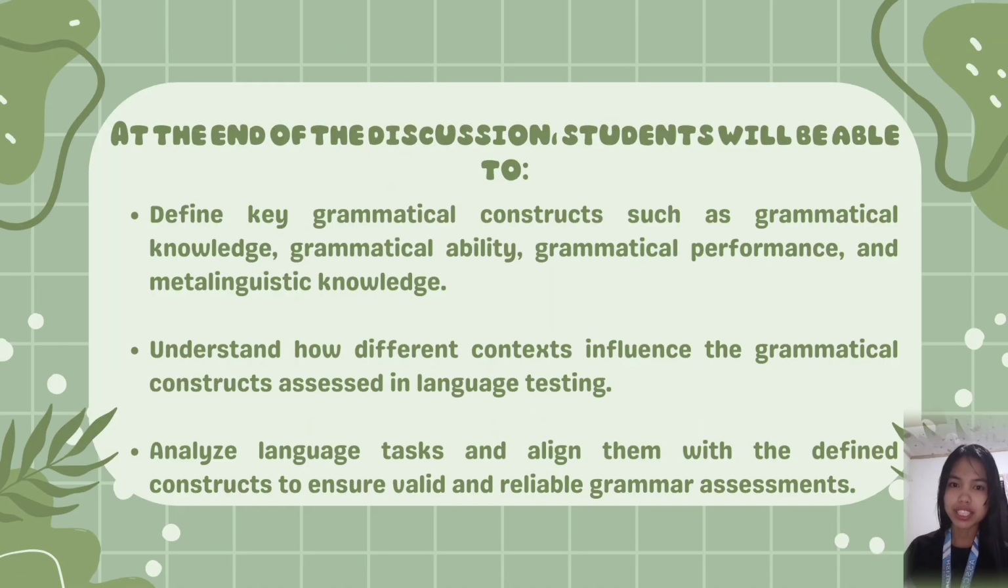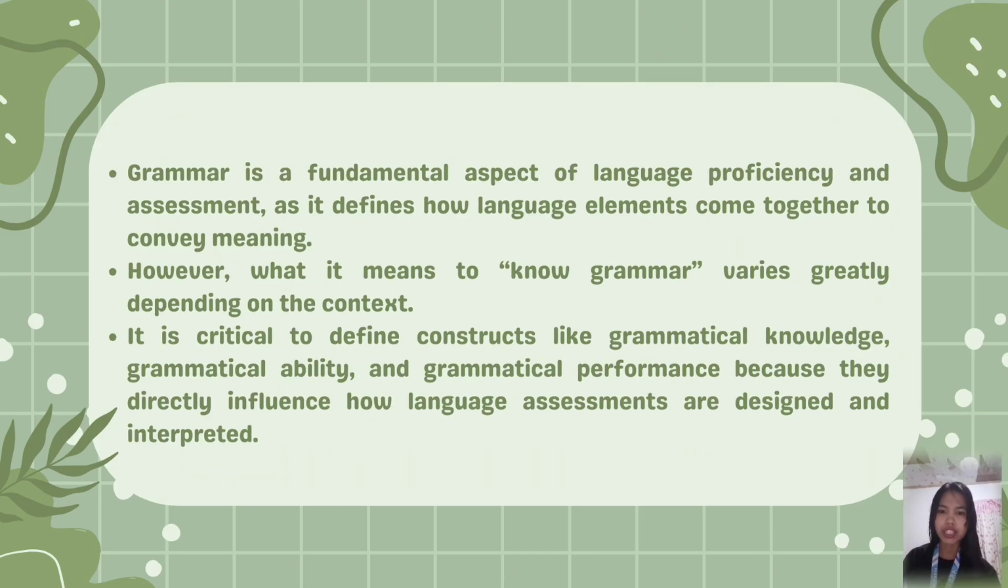By the end of this presentation, we should be able to, first, define key grammatical constructs. These are grammatical knowledge, ability, performance, and metalinguistic knowledge. Second, understand how these constructs change depending on the context. And the third one is to analyze tasks and match them to the appropriate construct so we test what we truly intend to measure. Grammar is a fundamental aspect of language proficiency and assessment, as it defines how language elements come